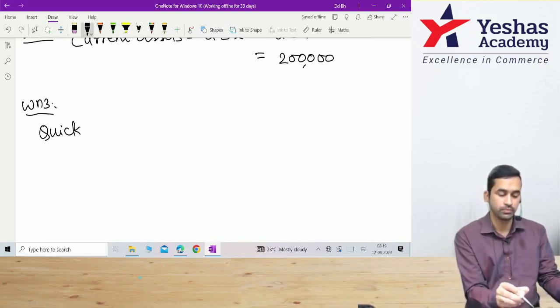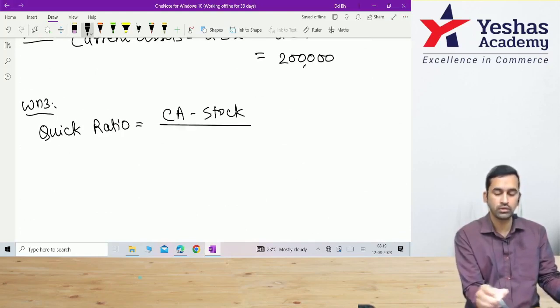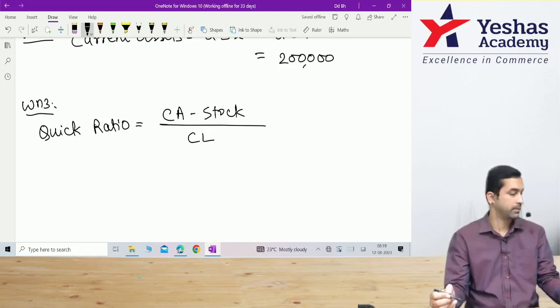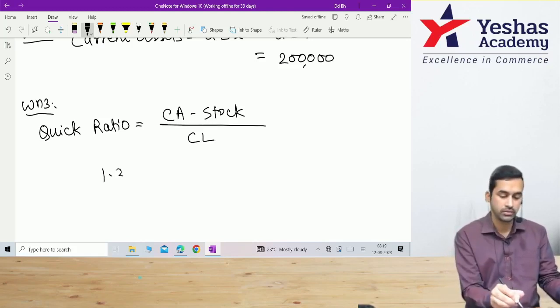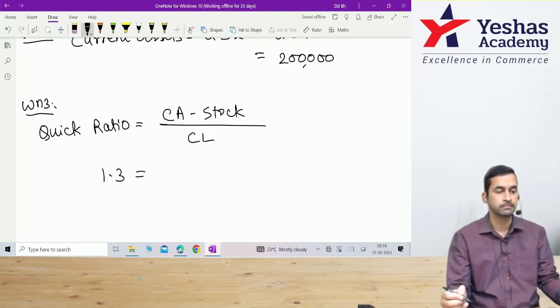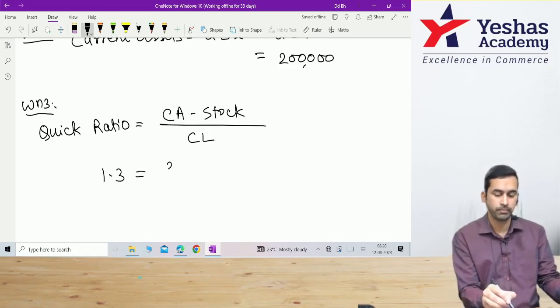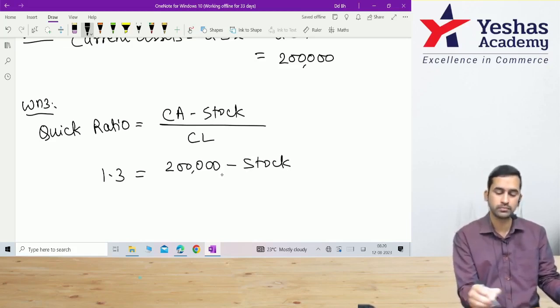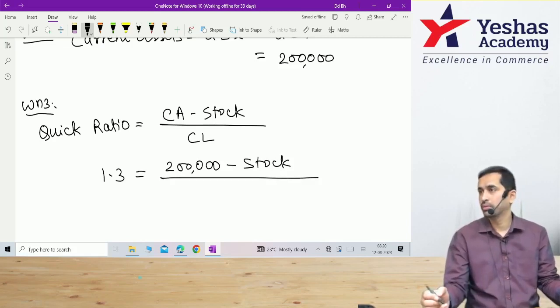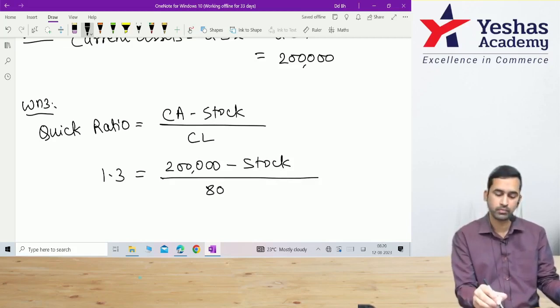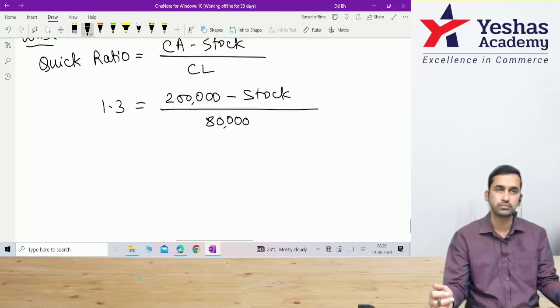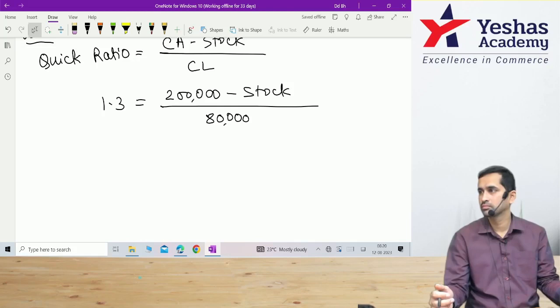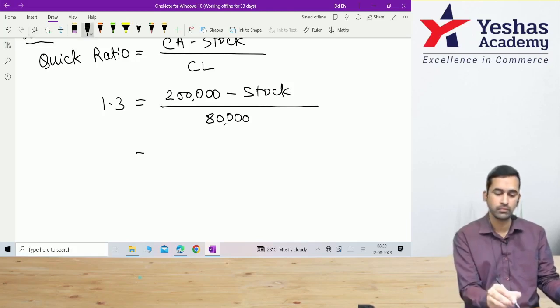Quick ratio is equal to current asset minus stock divided by current liability. 1.3 is equal to 2 lakh minus stock to be divided by 80,000. 96,000 is the